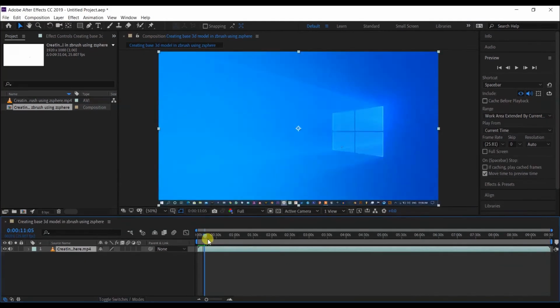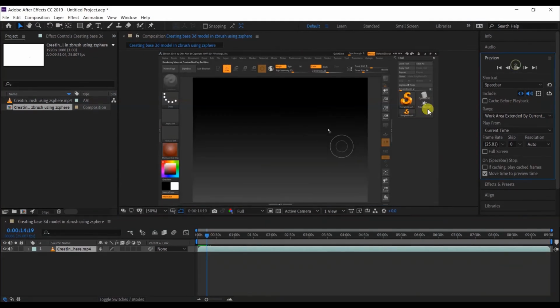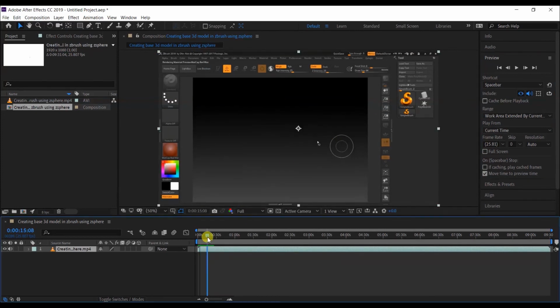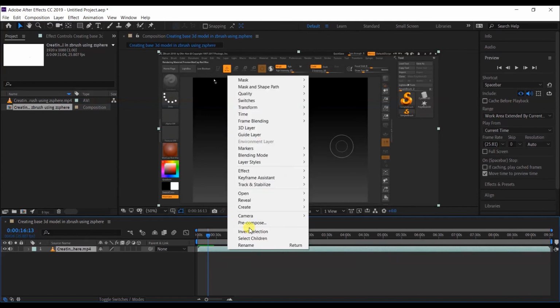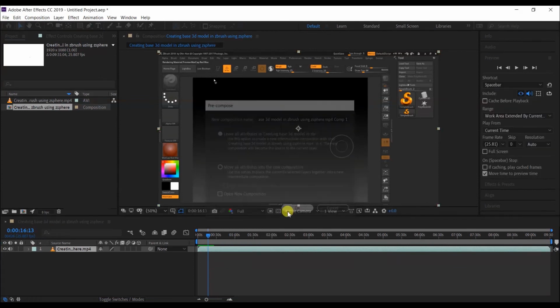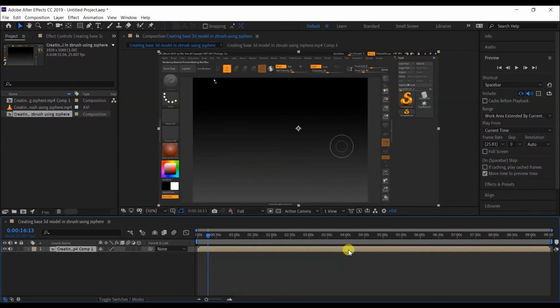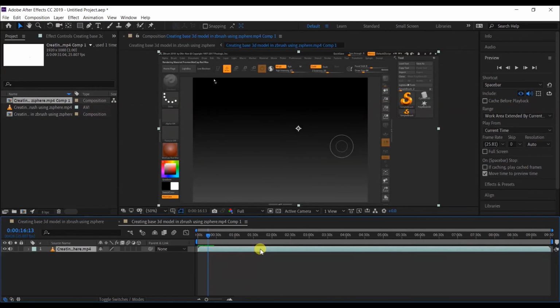For that, we need to go to our timeline, and inside the timeline click the right mouse button and click on pre-compose, so that you can get your clip inside a new composition.